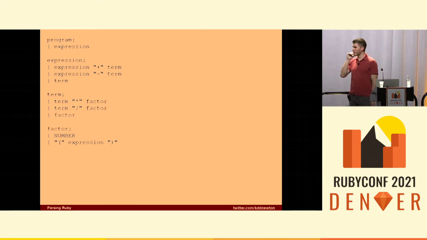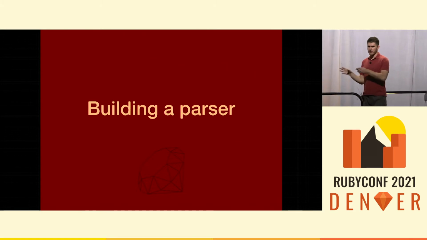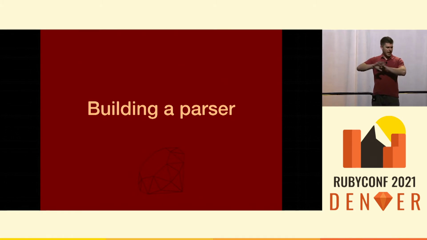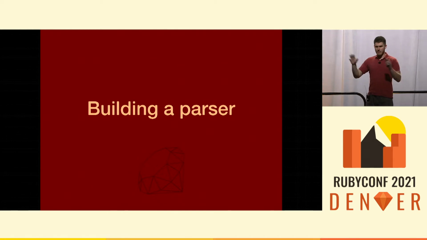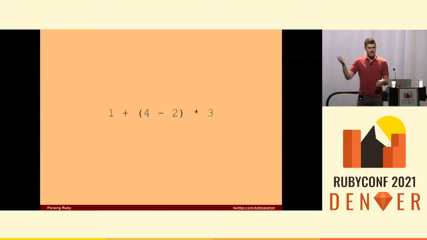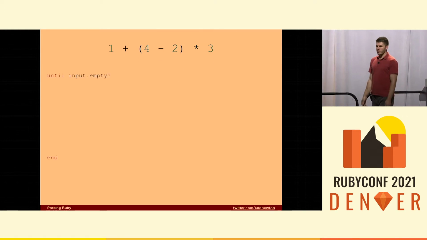All right, so we've got our language. The next step is going to be building a parser that understands this language. The grammar was an abstract concept. We're going to now implement that. So this is our source. We're going to take this source file. This is your .numbers or whatever language you want to call it. We're going to loop over it in Ruby. It's going to be a language implemented in Ruby.